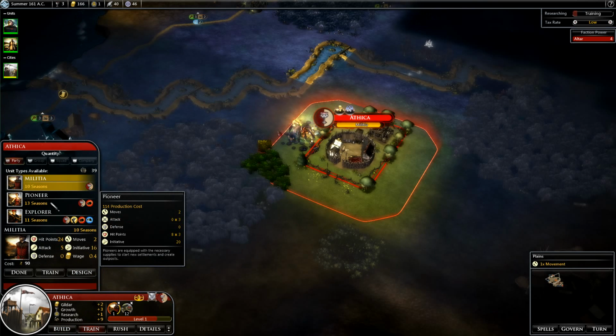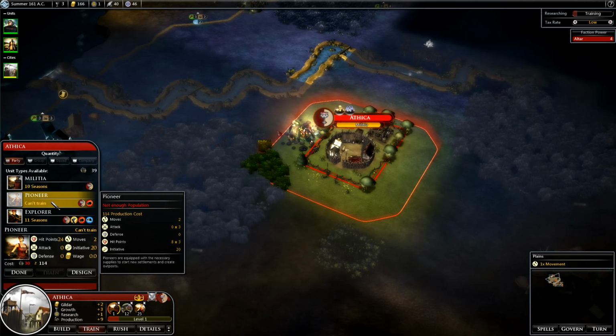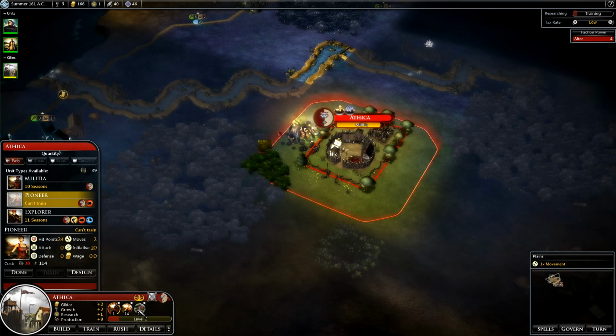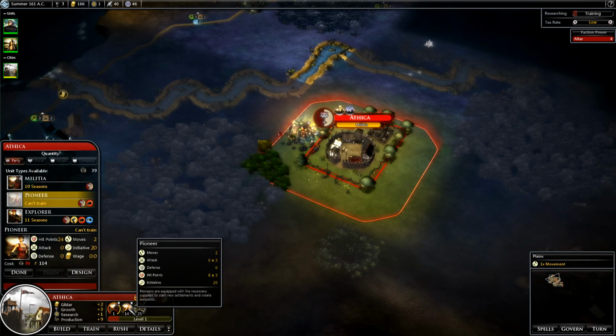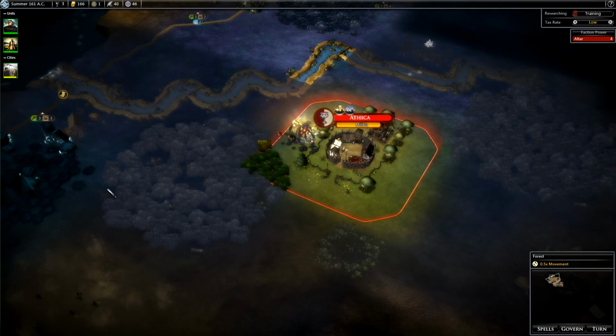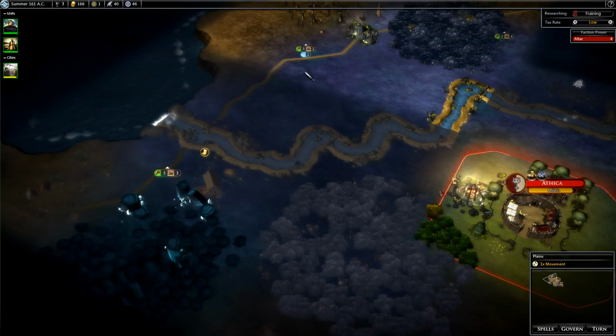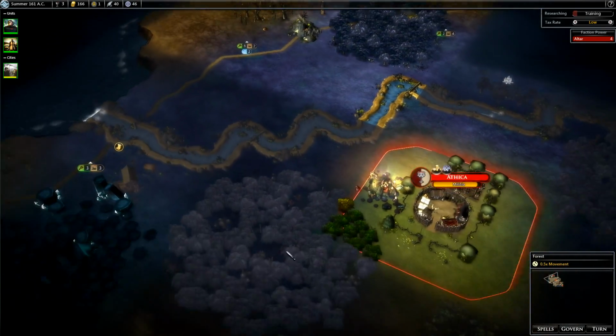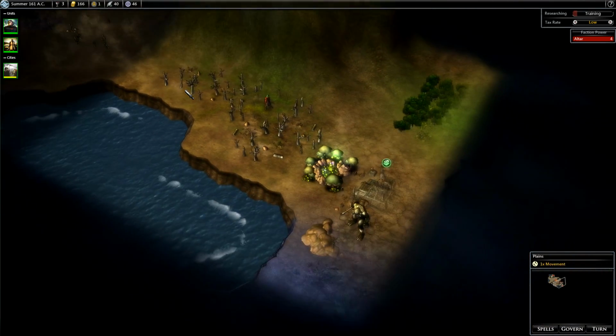Then we're going to build a pioneer. A militia, then a pioneer, and then we're going to go ahead and do our merchant guild. Doing our pioneer will give us a chance to hopefully get some of these other locations. And I might actually want another...